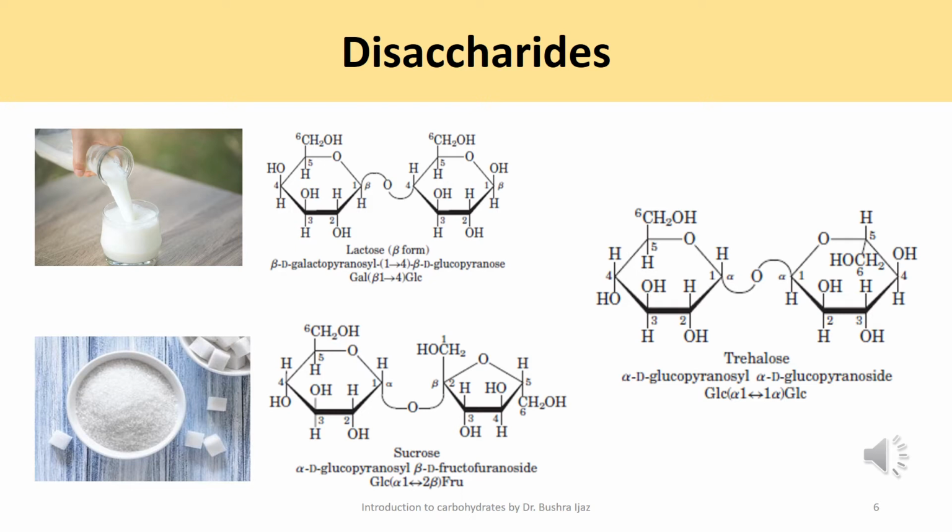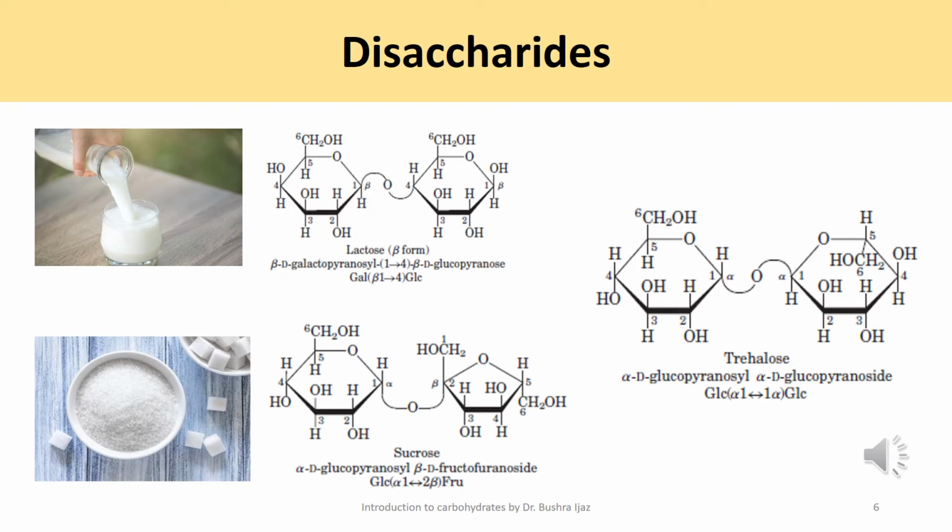Another example of a disaccharide is sucrose, which is common table sugar. It is also a disaccharide composed of two monomeric units, glucose and fructose. Sucrose is produced naturally in plants, from which we take it, refine it and use it as table sugar. It has a molecular formula of C12H22O11. For human consumption, sucrose is extracted and refined from either sugarcane or sugar beet. Animals are not able to synthesize sucrose.